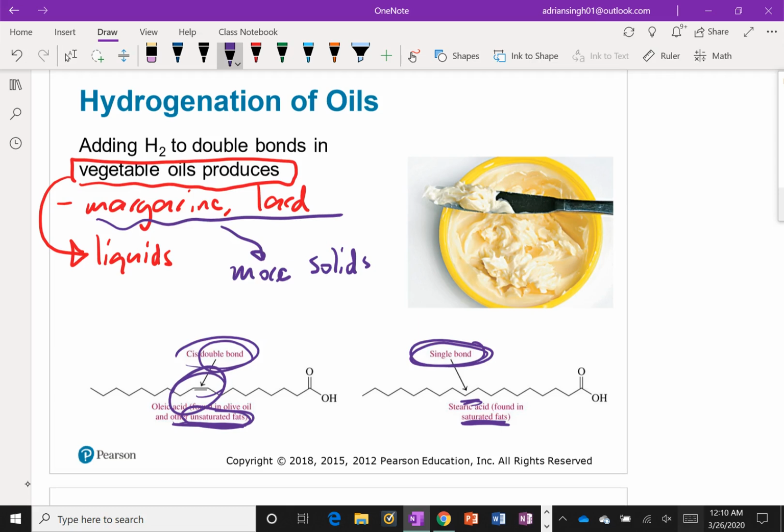Having more of those double bonds makes it more like a liquid. Having only single bonds makes it more like a solid, right? And when we get to the lipids chapter down the road, we'll actually see why that is the case in terms of the structures of these